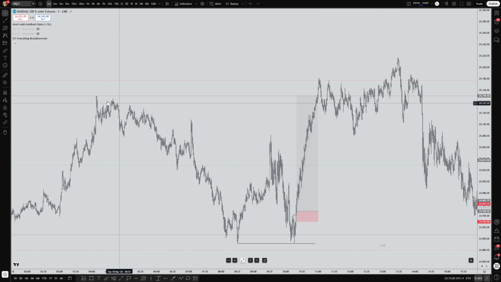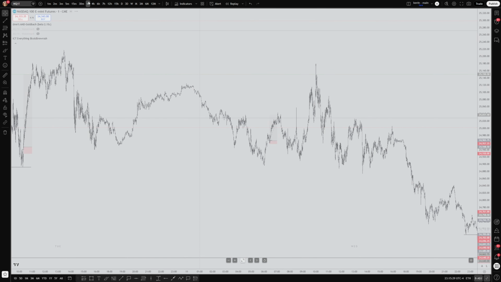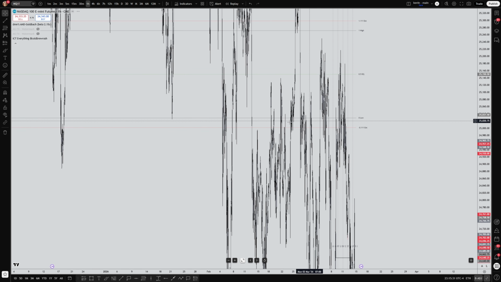Now, if I shift the range up, that level is EQ, this level here. Right, this is EQ. So that's a good target for me. In terms of executions, I'll put it in the editing. So that's that. I didn't enter with a lot of size, but going into Wednesday,